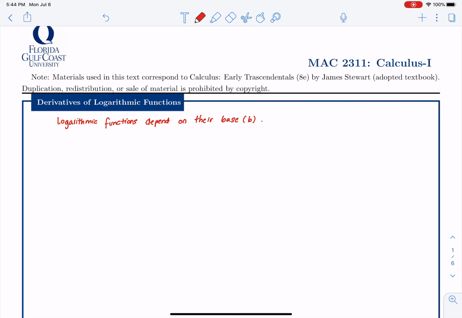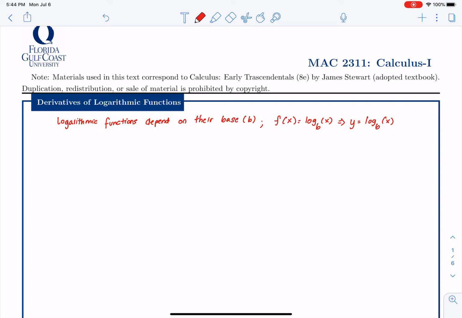So we write a logarithmic function as log base b x. In other words, or in another manner, we could write it as y equals log base b